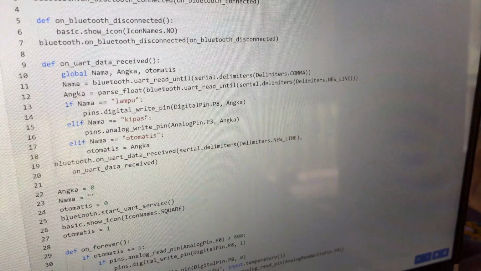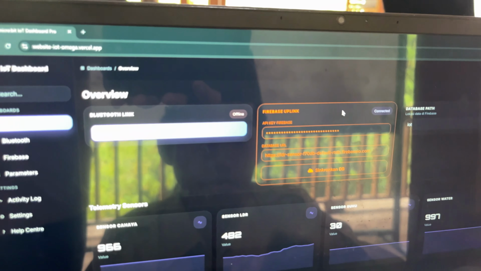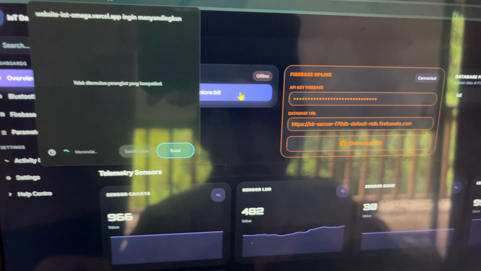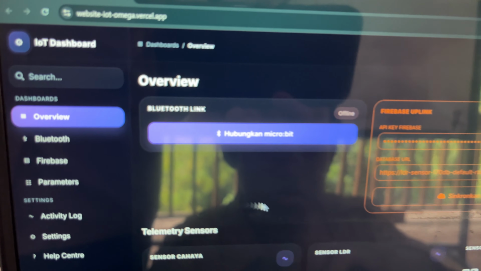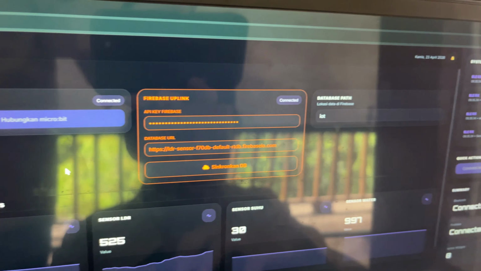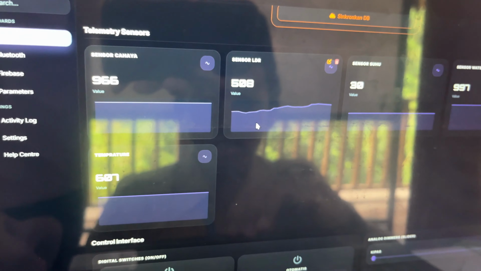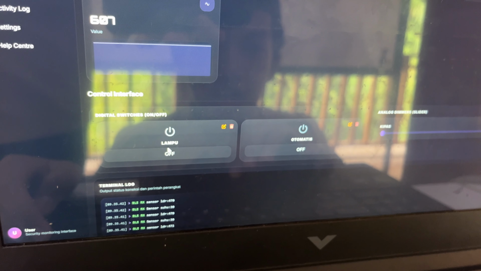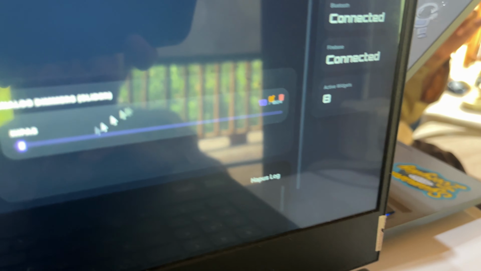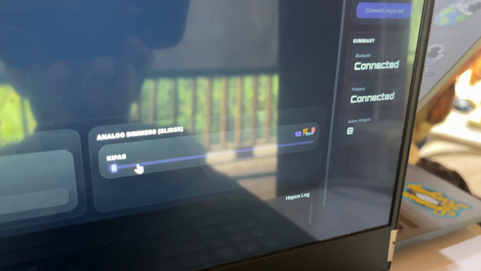I will download first, and once it has downloaded, we go to the website and connect to the microbit. Once it is connected, there is a choice of lamp, automatic, and fan. This fan is for controlling the fan.